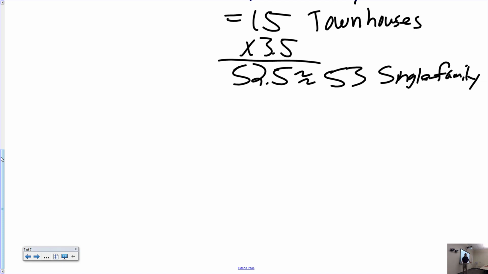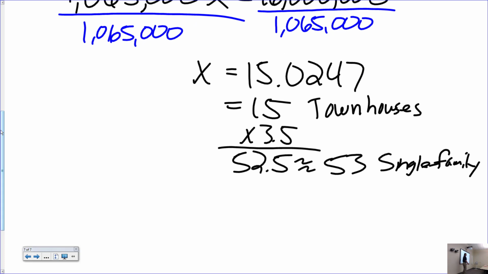Just make sure that you follow the directions. I mean, you still have to multiply by the 3.5, but in theory, you could sell half a house if it's a duplex or something like that. But remember, these are called single-family houses, so I don't think you can get away with selling half of a